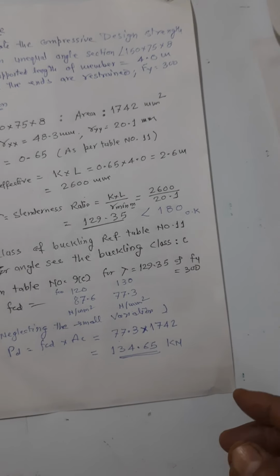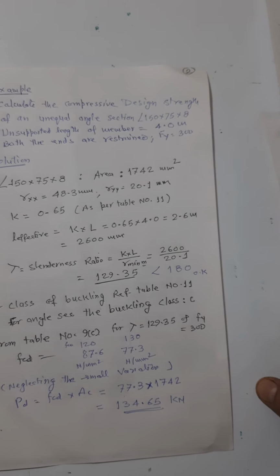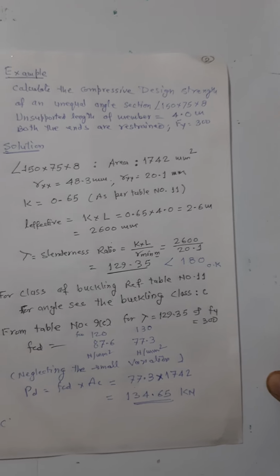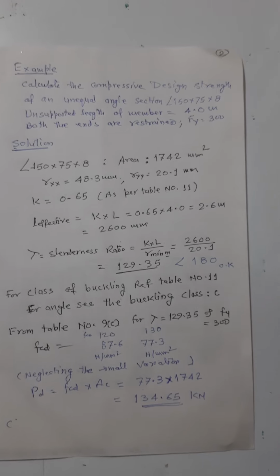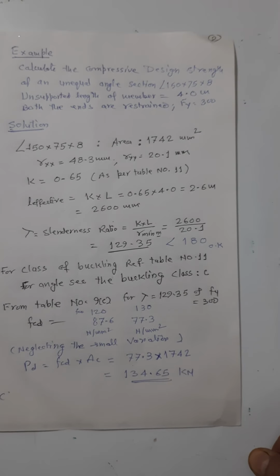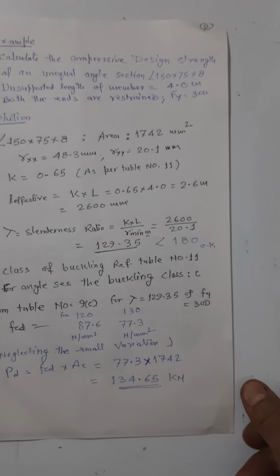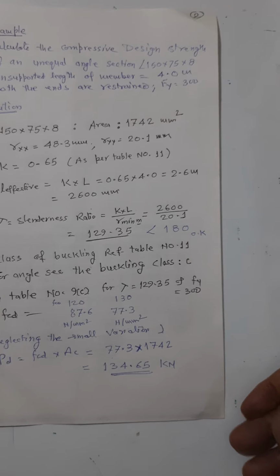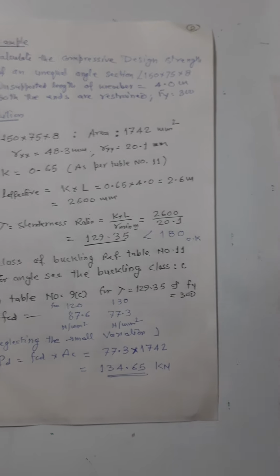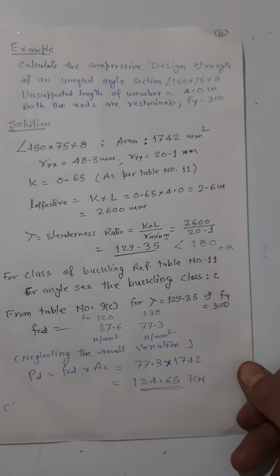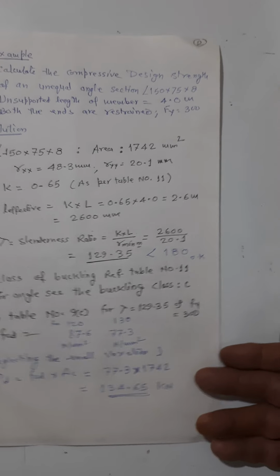Okay, we'll continue with some more problems, and you will have a clear idea about how to find out the design strength for a compression member for a given section. After this, we'll design the compression member. Here we are calculating how much load a member can take for a given length. But after this, we'll go in the reverse direction. Only load will be given, and for that load you will have to design the section. Maybe a single section, maybe a composite section or whatnot.